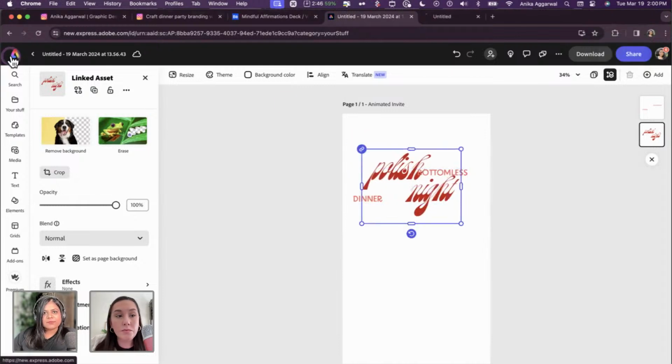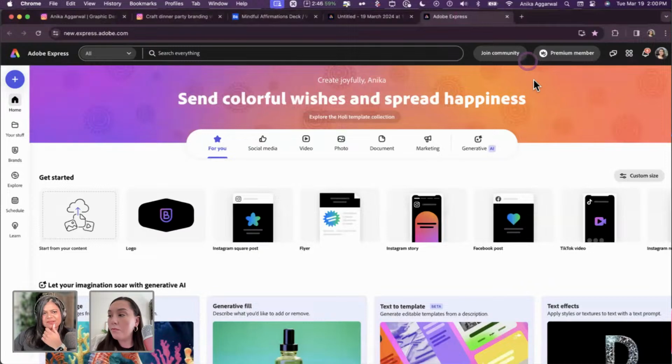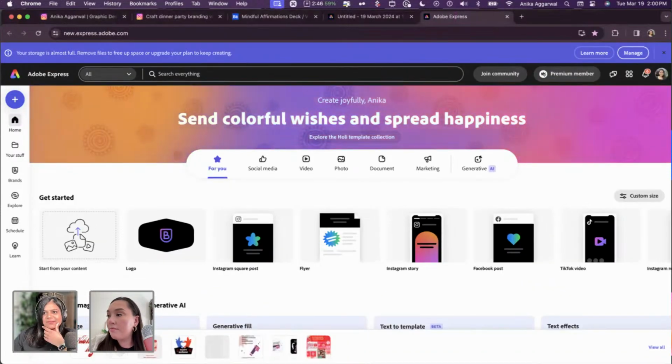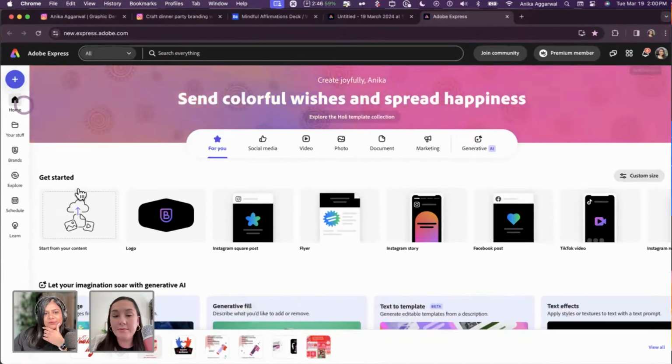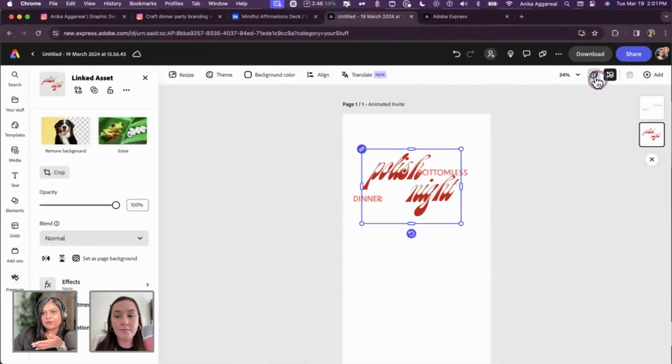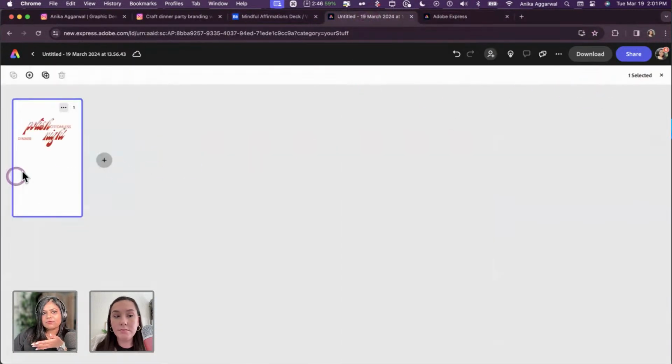So here we go. I was diving straight into it. What is going on here? So click on, you can start from your own content. So if you save that invite as a separate file of its own, or even have 10 artboards in your file, you can import that and it'll open up as pages in Adobe Express. So here is the page that you can see, and you will see that all the 10 artboards or however many artboards you have will show up here. I think there might be a limit to that, which might be closer to 100.